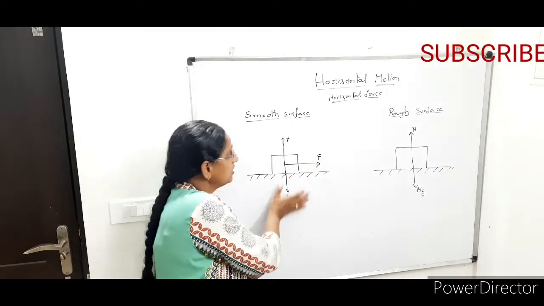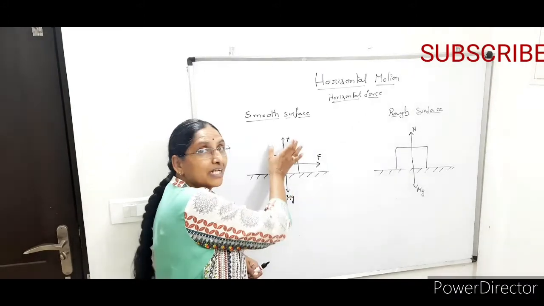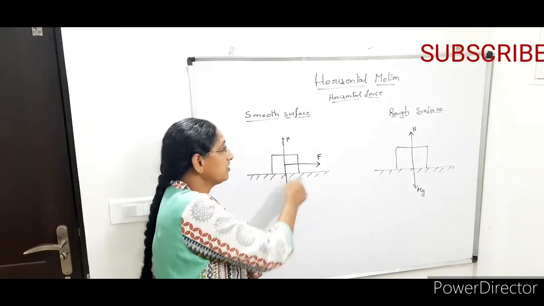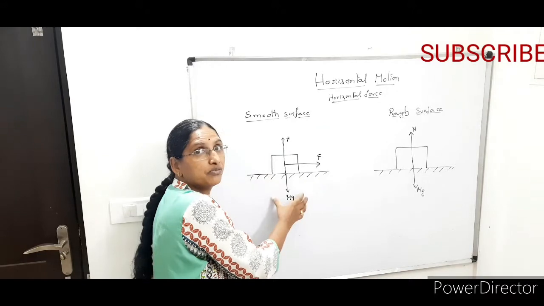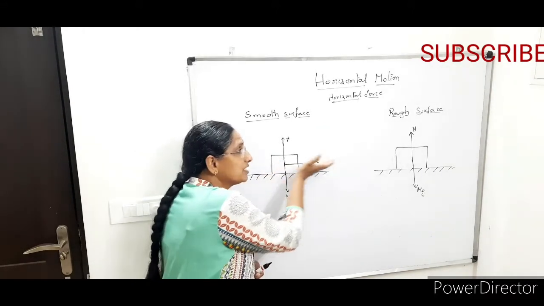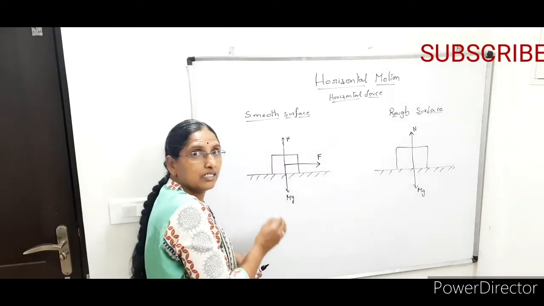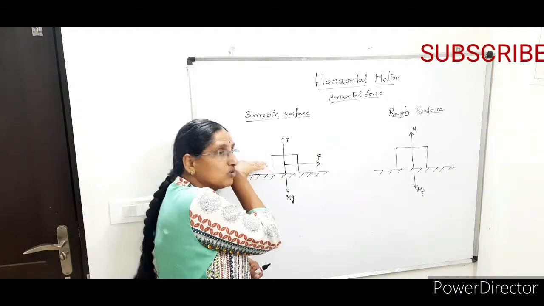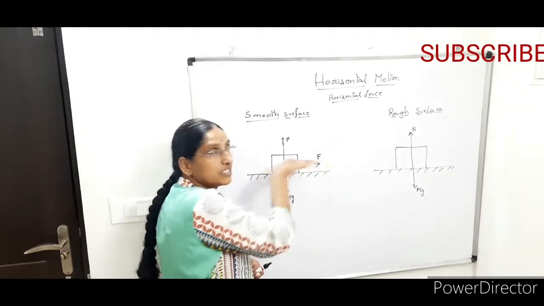Till now, these are the only two forces acting and the net effect on the body is zero, therefore it is at equilibrium. Now a force is applied, so the body will try to move in this direction,